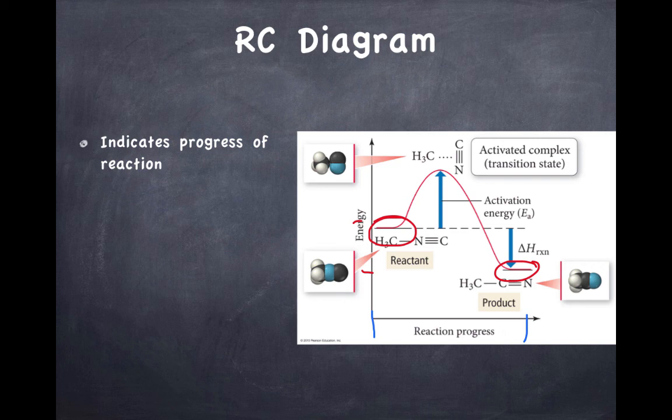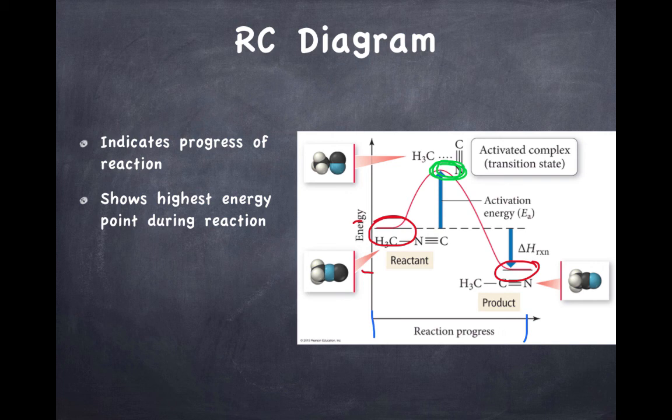We're just looking at reactants to products. But this RC diagram does indicate where energies lie during the progress of a reaction. It shows the highest energy point during a reaction, which is going to be right up in here. And that's where we've got those bonds starting to break and starting to form during a reaction. Very high energy, well, it's the highest energy in that reaction, and the species that exists at that top energy